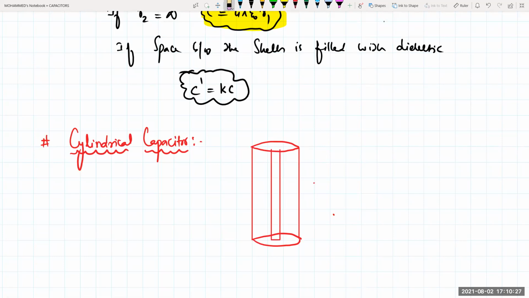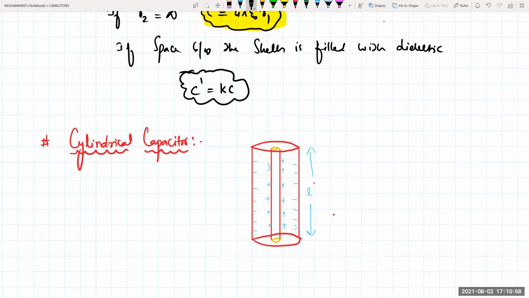So the top is like a spherical one. This one, both top and bottom, here and here, there is like a halo part. Okay? There will be charge everywhere, always on the outer surface of this one. And on this one there will be an opposite charge. Equal and opposite charge will exist on the inner surface of this plate like this. The length of this one is, say for example, equal to L.